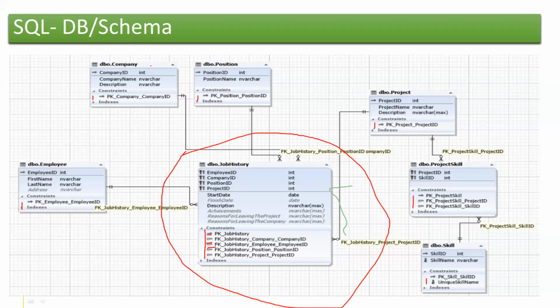So company ID will come as a string and then company name, description is varchar, where you can define the description. On the other hand, for the constraints, I am giving primary key as company ID because I am working for this company base. Similarly, your primary key for employee will change to employee ID.